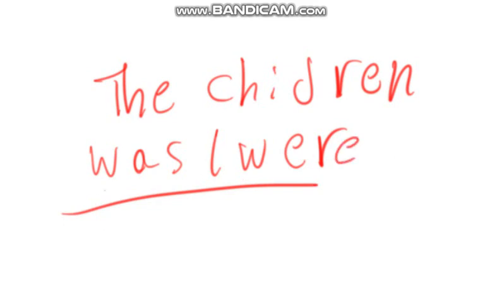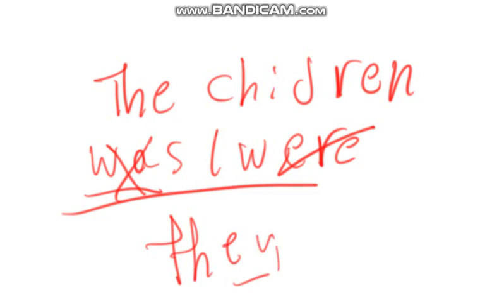Okay, so if you picked was, you are wrong. If you picked were, you are correct, because the children is they, and it takes them. So if you answer this correct, you get 3 points,